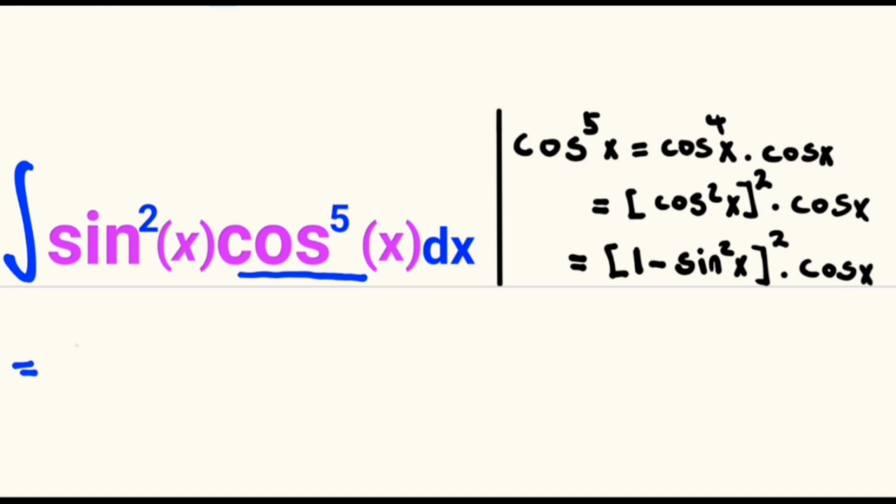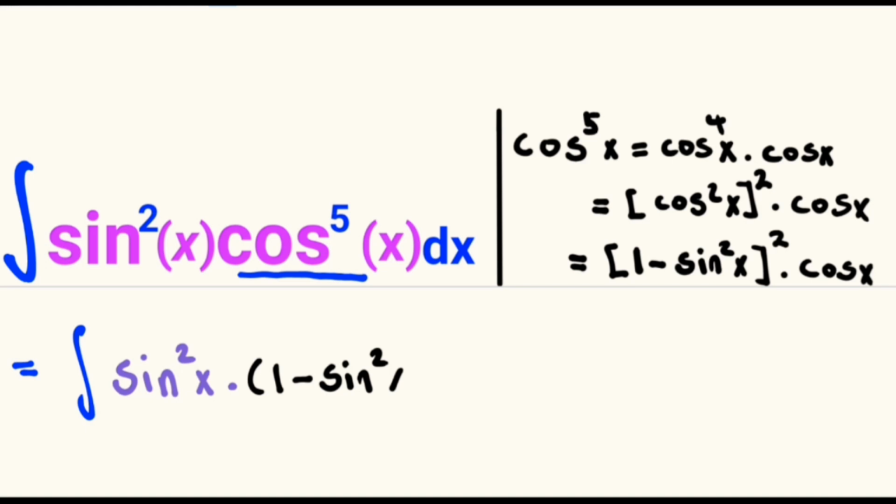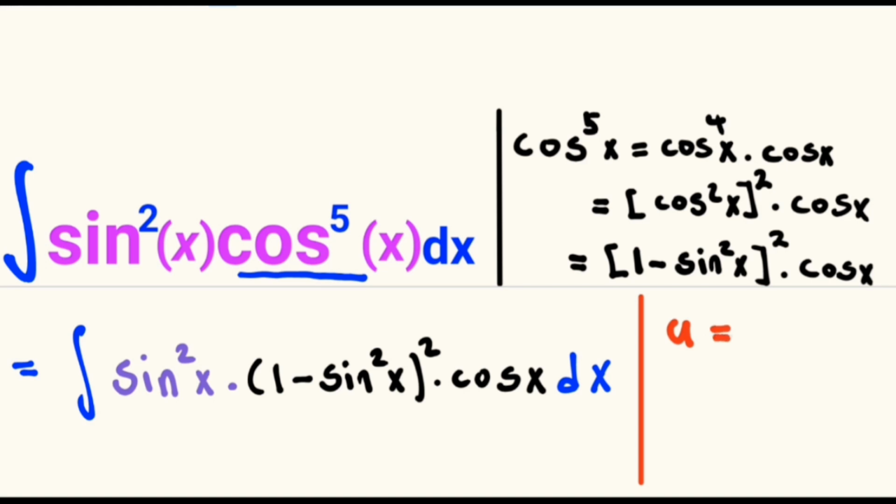This will be equals to the integral of sine squared x multiplied by 1 minus sine squared x raised to the power 2 multiplied by the cos x multiplied by the dx. In this case, we are going to let u to be equals to the sine x,